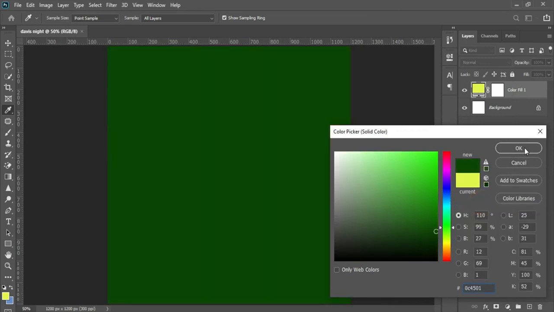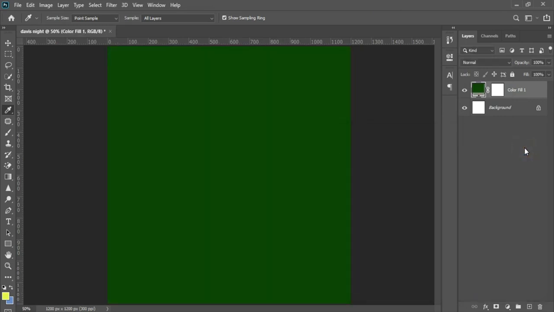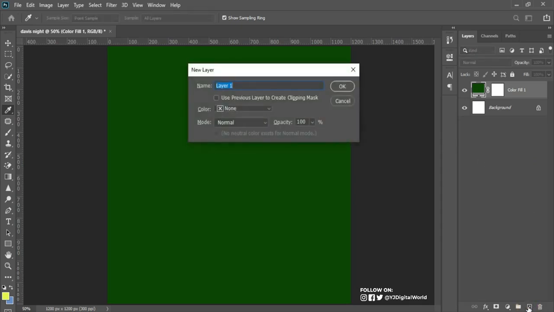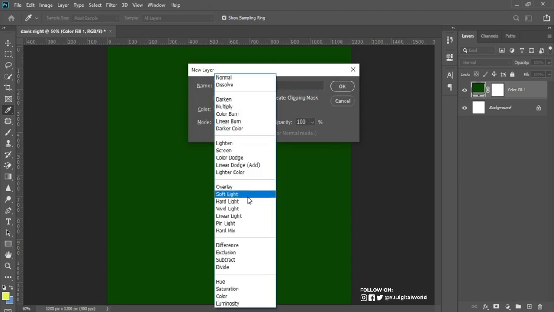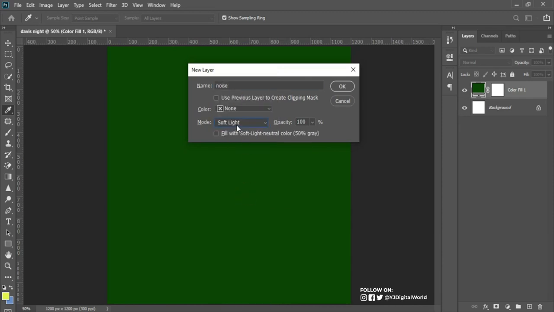Okay, so after pasting it here, I have to create a noisy kind of background effect. For me to do that, I hold Alt on my keyboard and click on my new layer here. I'll call this noise. Okay, change this to soft light. Turn on the 50% neutral color